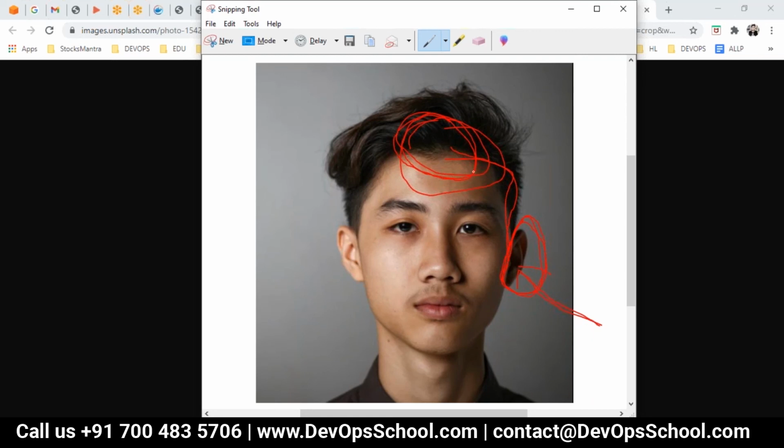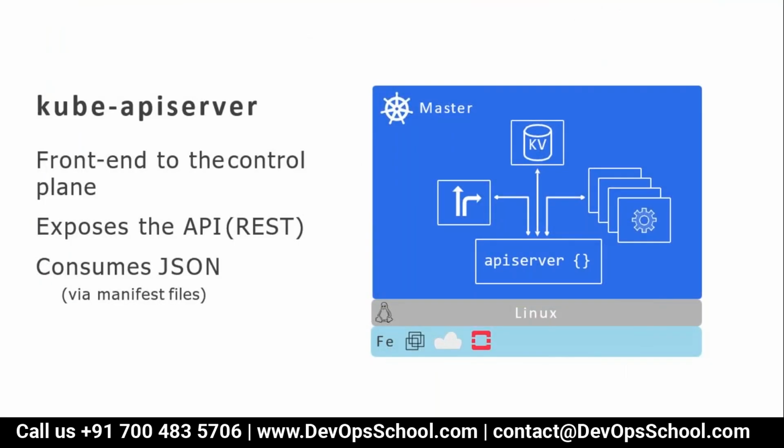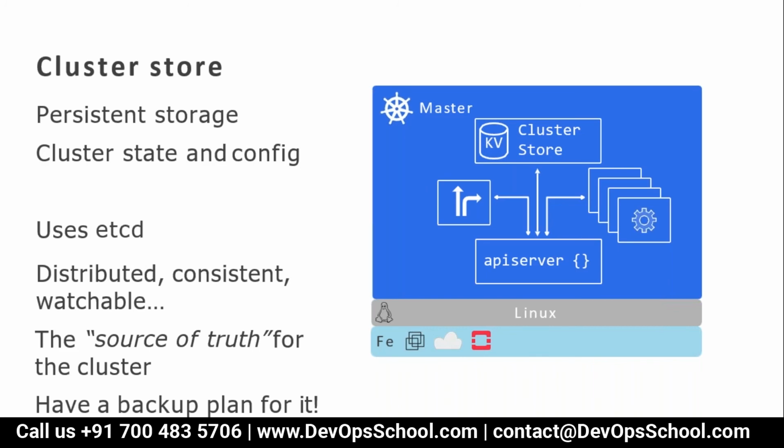So you need to have a memory. Why memory? Because of persistency of your information, persistency of data. In the same way, if you request something through the API server, this is your ear, the API server is the front end to the control panel. There should be some storage. So here we have a storage.